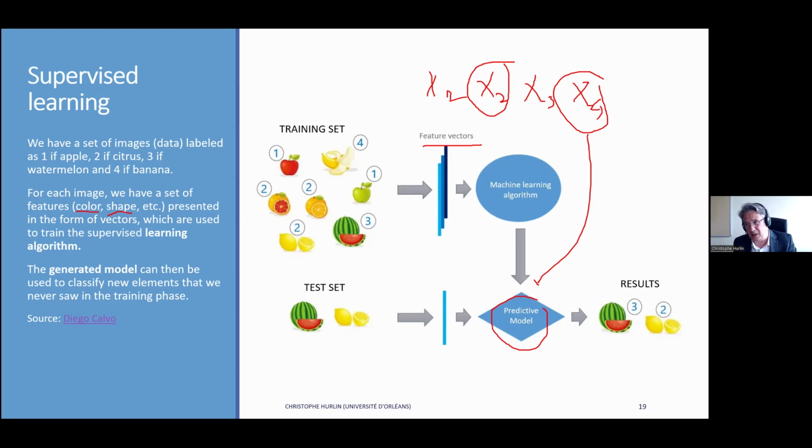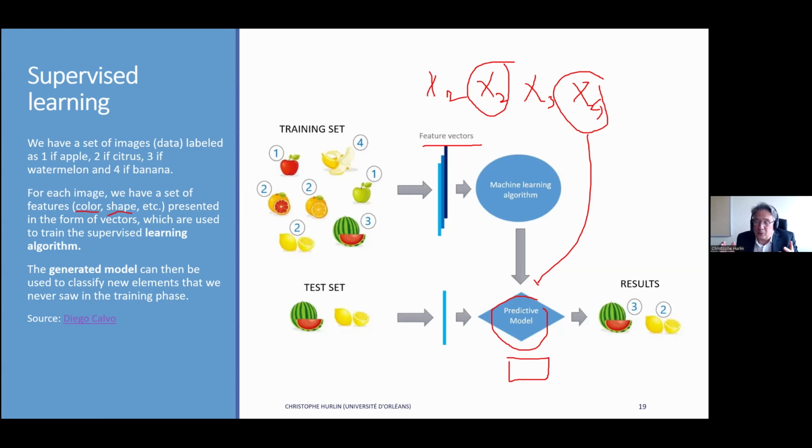Okay, and sometimes there is no reason that the algorithm will choose a linear form. In general, this is a non-linear specification of the model that is selected by the algorithm. The form of the model depends on the type of the algorithm. If I use a support vector machine, I will have one type of model. If I use a random forest, I will have another type of model, etc. And at the end, I have no idea of the form of the model.